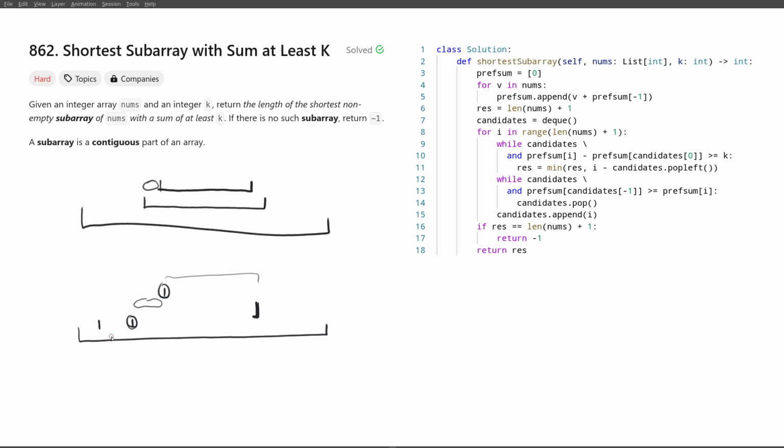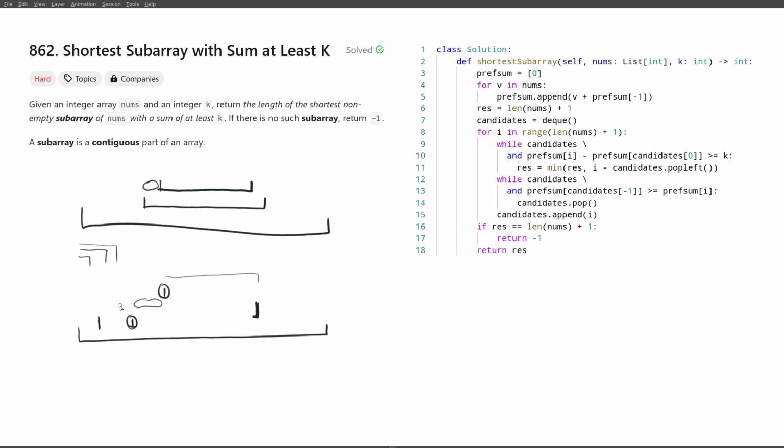And now, because we don't really know what the sum is, that sum will change by pushing the right end forward. Instead of trying to maintain that sum explicitly, we might just maintain prefix sums of the whole array, because prefix sums allow us to calculate the sum of any subarray. And since we want to order the left ends somehow, by ordering them based on which one gives us the biggest subarray sum, that's the same thing as the one that gives us the smallest prefix sum. Preferably that prefix sum should be negative. But the one that gives us the smallest prefix sum is the one that will give us the biggest subarray sum. So we're interested in the one which has the smallest prefix sum before us,